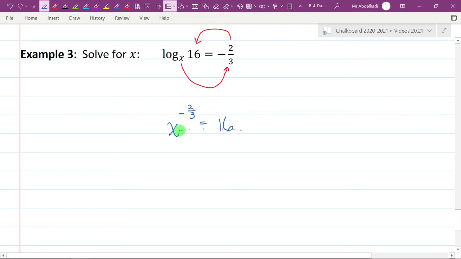And now as an exponential, hopefully this looks kind of familiar. We did these problems where we had a power on the x we were trying to get rid of, and we used what was called the multiplicative inverse to get rid of that power. So we have this power here. How do you get rid of this power of negative 2/3? What we did back when we learned this lesson